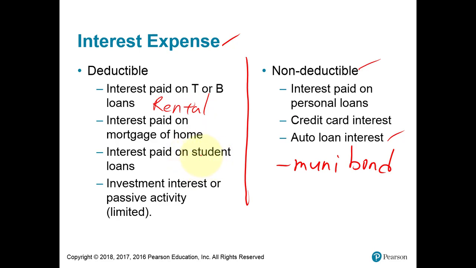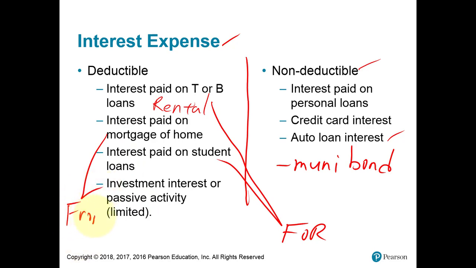Also, student loan interest is a for AGI deduction. These two here are for-type, the good or better type of deductions. Whereas the biggest deductions a lot of people have would be the home mortgage interest and possibly investment interest expense deduction. These two are the from type that we're focusing on here in chapter 7